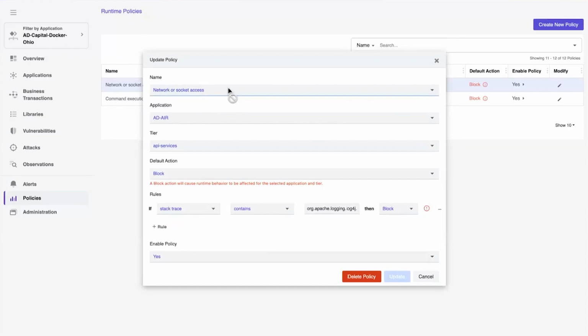Okay, so now this is about a network or socket access, right? For a specific application, specific tier, we are saying block. And you see this, right? Here, the last example we talked about, we chose a process as the rule. Here, it's the stack trace. If the stack trace contains, okay, and here I'm going to just say